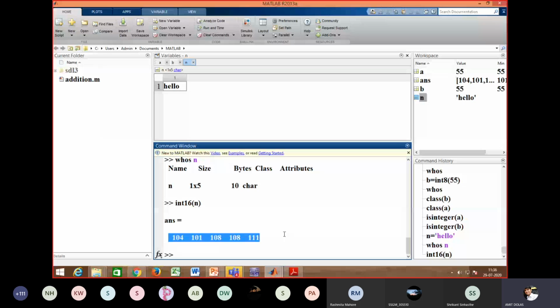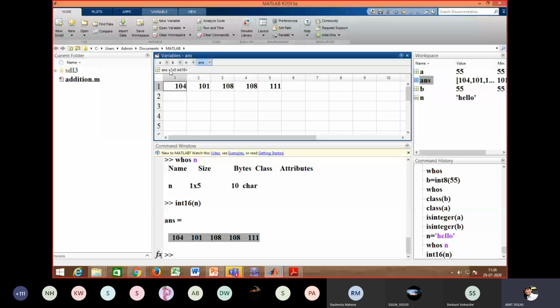If I wanted to display capital A, small a, or space, or any character, it has an assigned special ASCII code. Here is the answer, and the answer is a variable that is 1 by 5 in length, because of course there are only 5 characters.